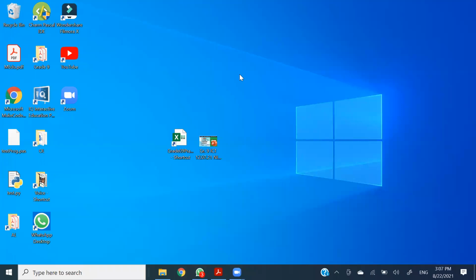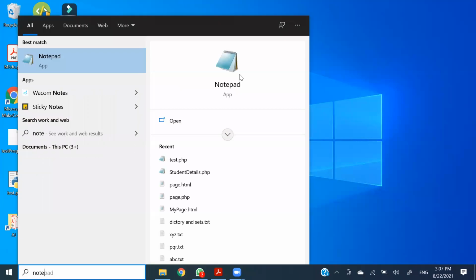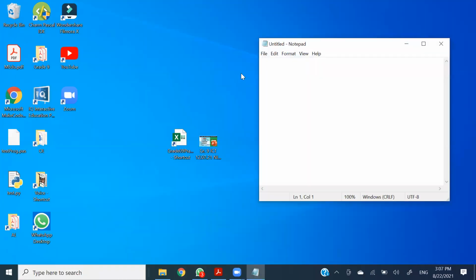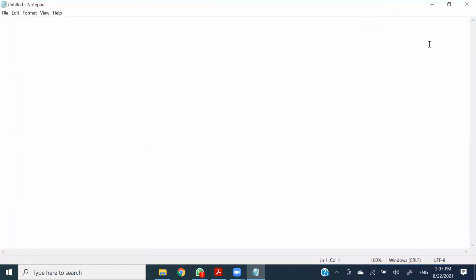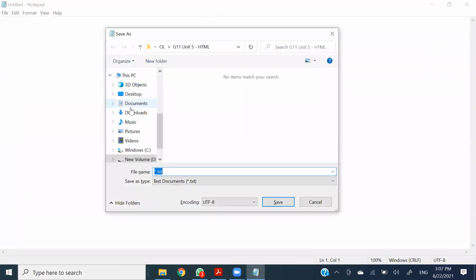Right. So to do these things, I'm going to take a new notepad. We know now why we are using a notepad to do the codings, right? We can save this HTML file with the HTML extension by using any text editor, right? So I'm going to save this on my desktop,